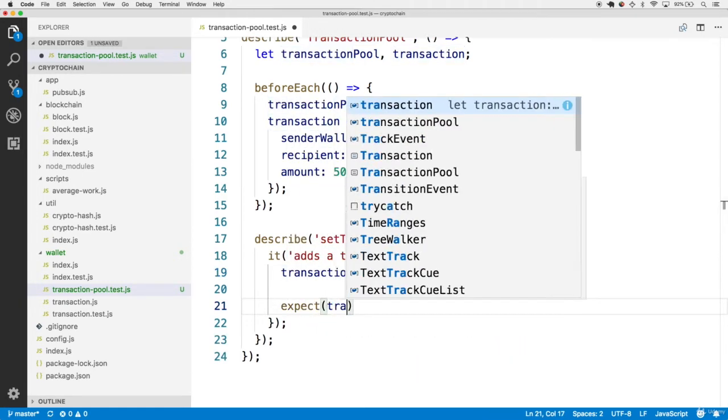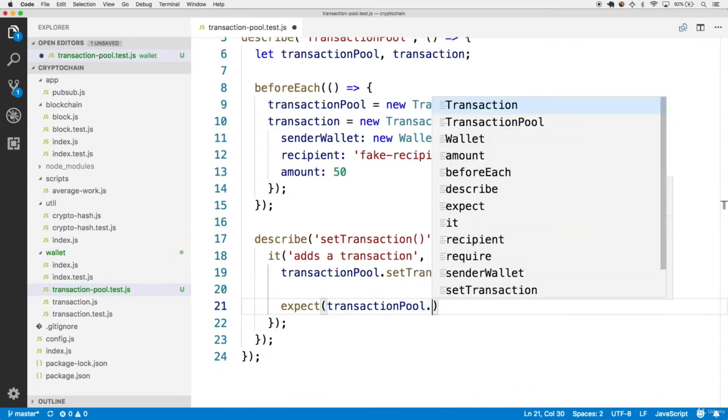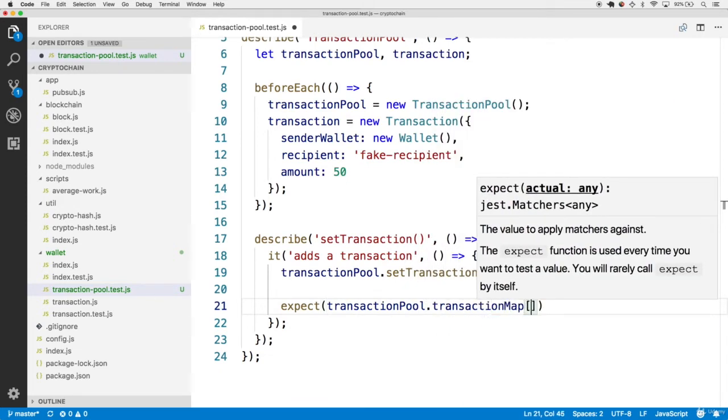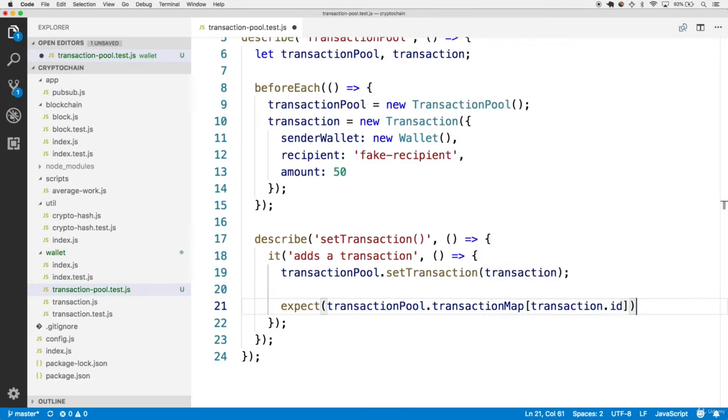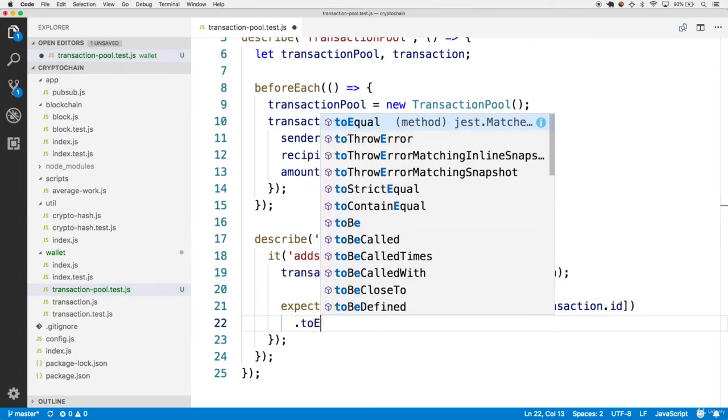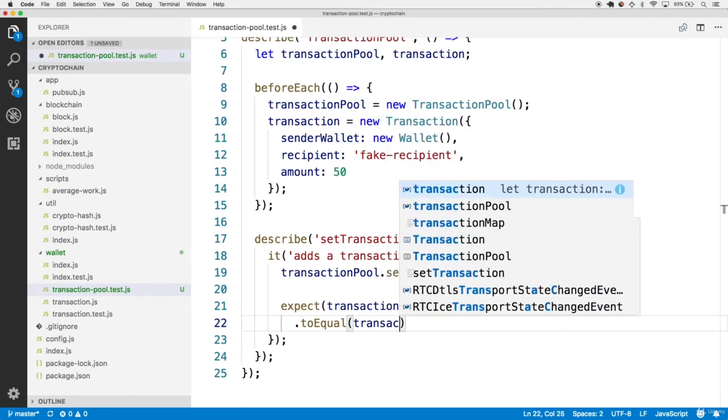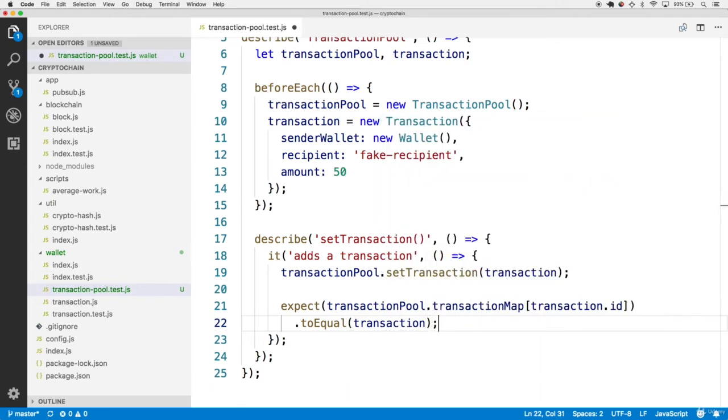So our actual value is looking at the transactionPool.transactionMap. And we want to find whatever is located at the transaction ID in this map. And then this should be equal to the transaction object itself. Nice. However, beyond this, rather than the toEqual method, we can be a little more precise when we use the